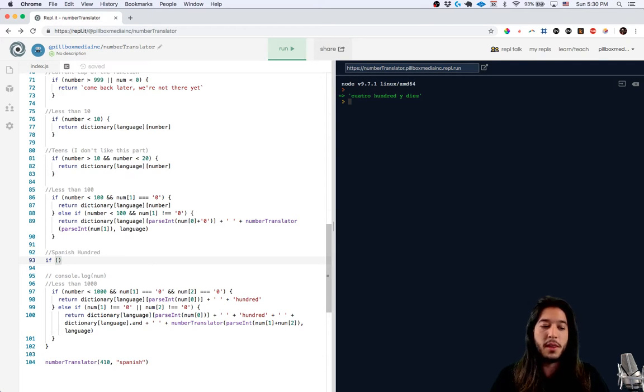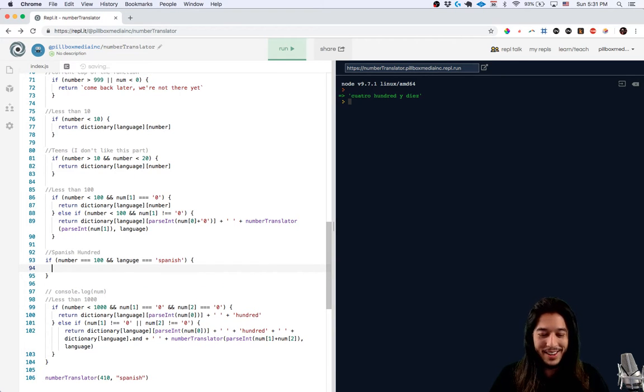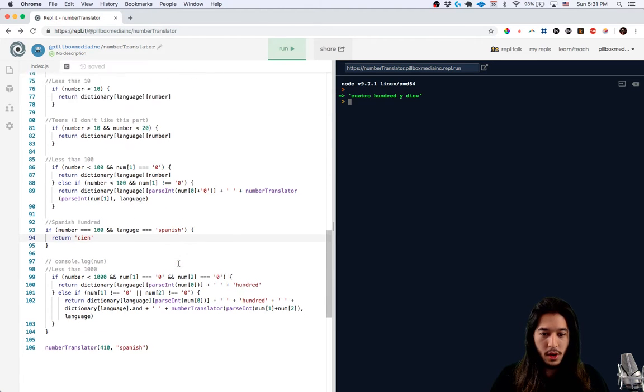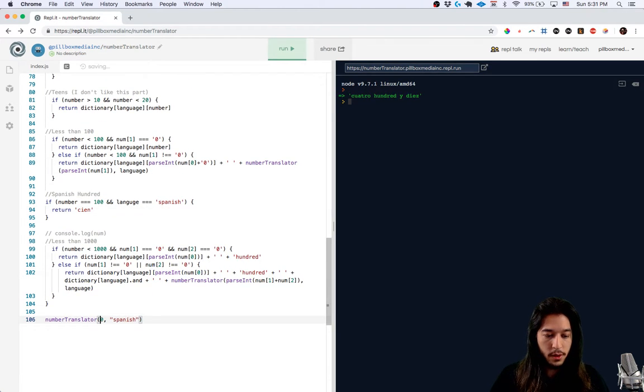And maybe in the comments you can tell me if you think this is a good solution, suggest a better solution. Because coding in a bubble, while it can be fun and you might learn a lot, you can learn just as much by talking to other people. So Spanish 100, if number is 100 and language is Spanish. This is not elegant, but it will work. So this works in the case of 100 in Spanish.